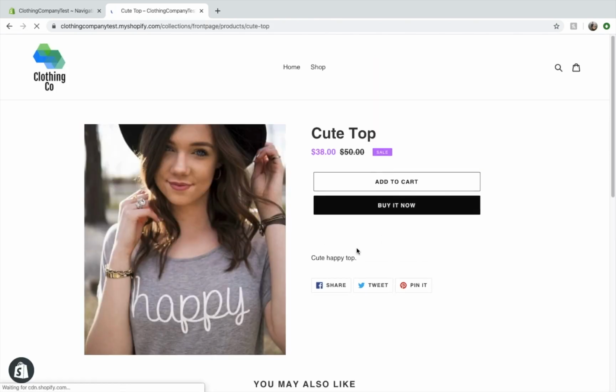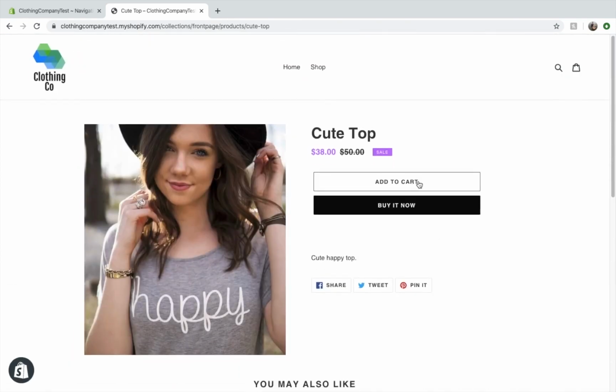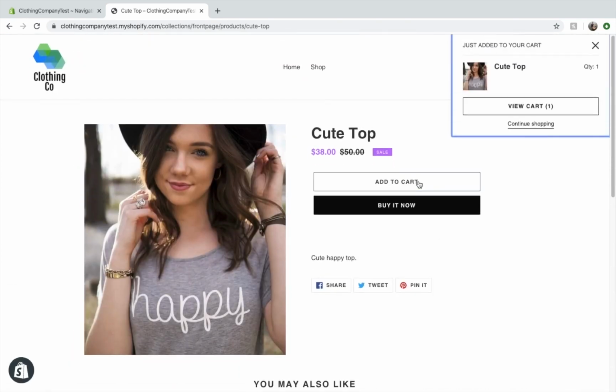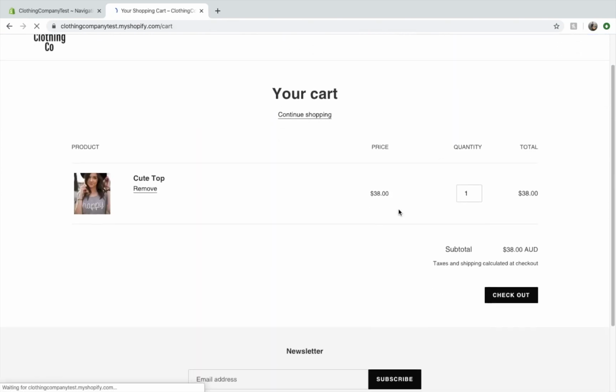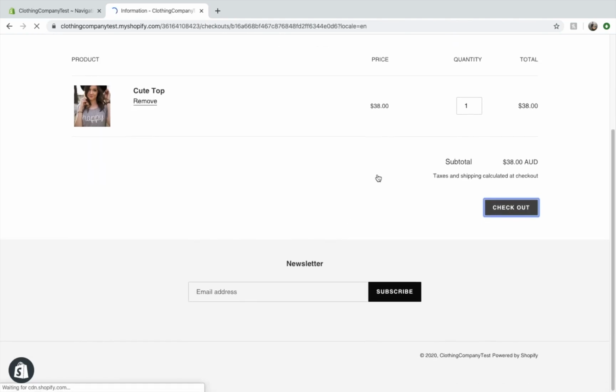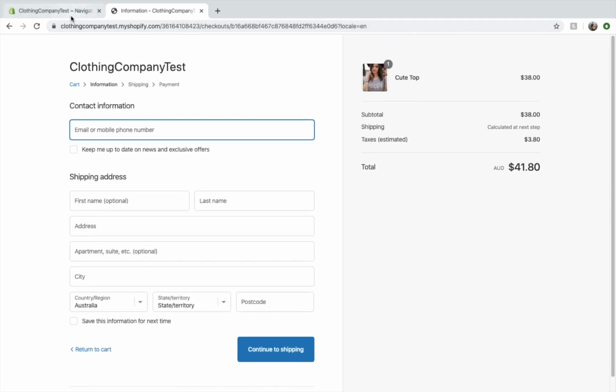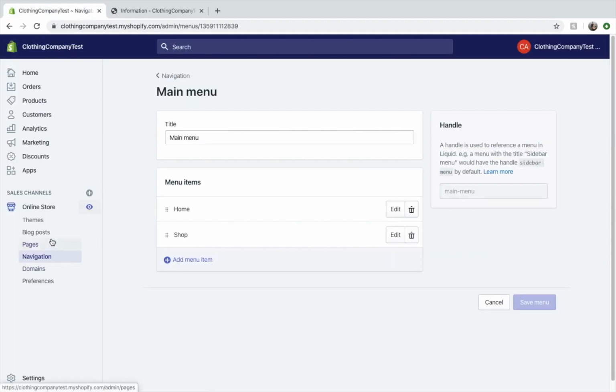We can add to cart, we can buy it now. Let's go add to cart, just have a look what it looks like. We'll add it to cart, we'll go view cart, and we can check out as simple as that. Obviously we've got no checkout information entered in, but we can do that. So we'll go back here,